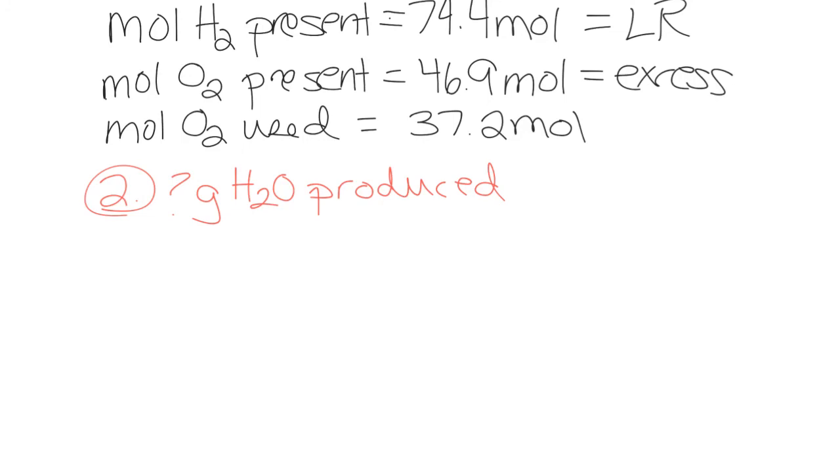All right, so I copied over my major information: the moles of hydrogen that were present, the moles of O2 that are present, the moles of O2 that I would use, and the fact that hydrogen is the limiting reactant and oxygen is in excess. So I have to base my calculations off of the limiting reactant because that is what will limit the amount that's produced, because once it runs out, the reaction would stop. So if I have 74.4 moles of hydrogen present,